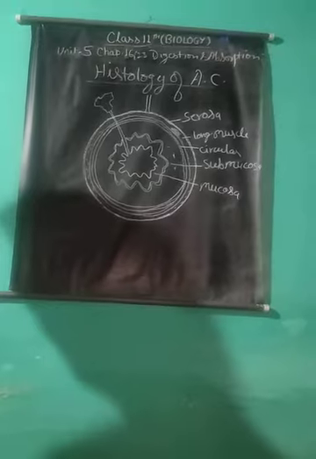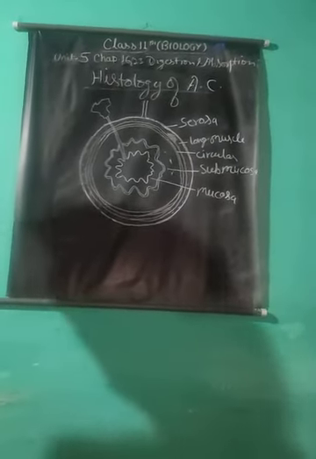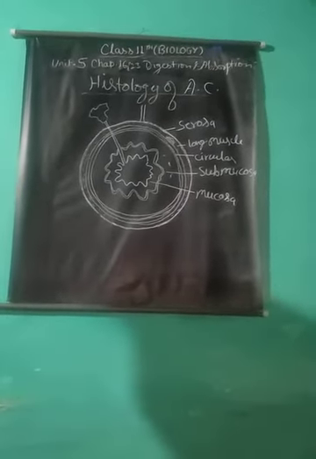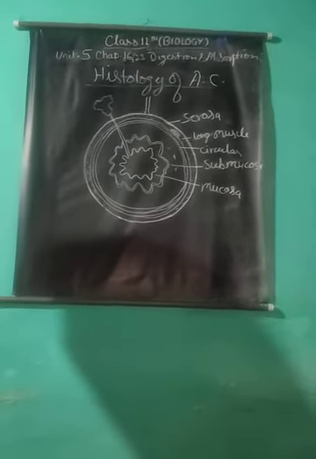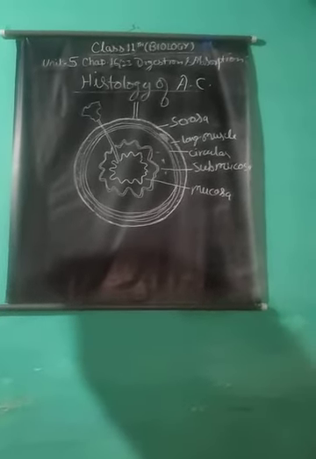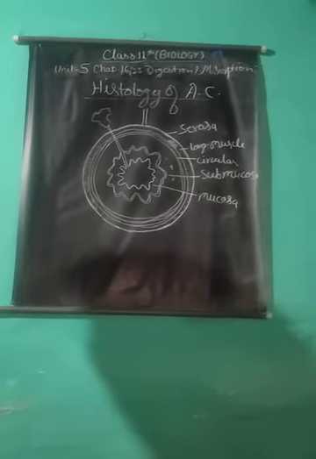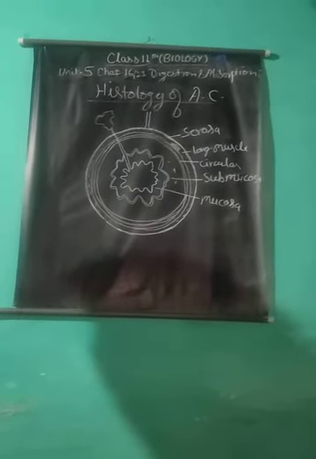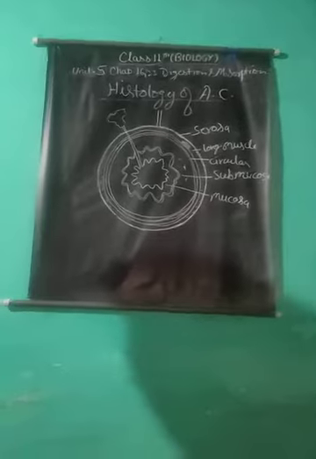Submucosa is made up of connective tissue having blood and lymphatic vessels and few glands. A nerve network present in this region is called the plexus of Meissner. Mucosa is the most important layer of the alimentary canal, as it secretes mucus to lubricate the inner lining of the gut. It is made up of 3 layers.